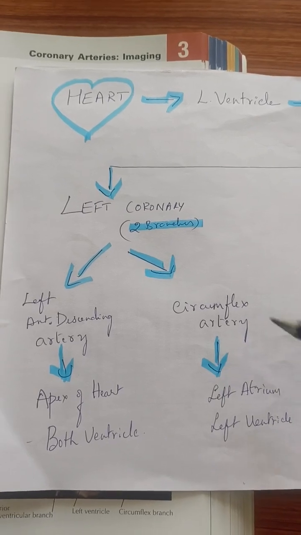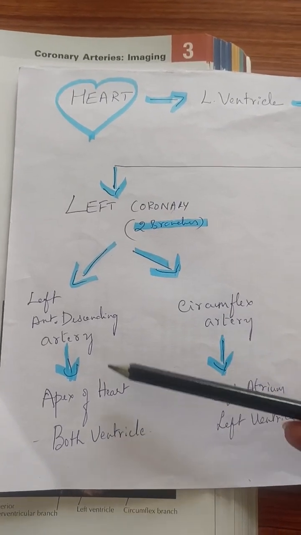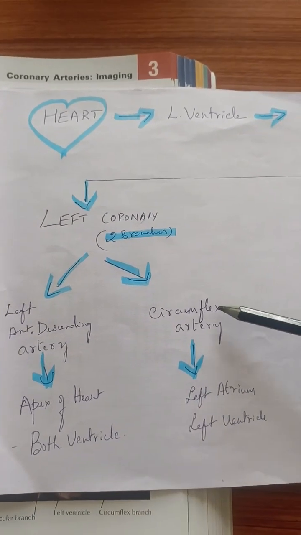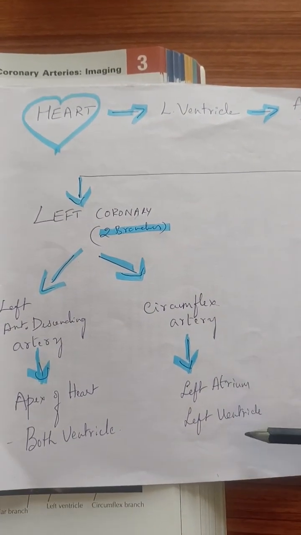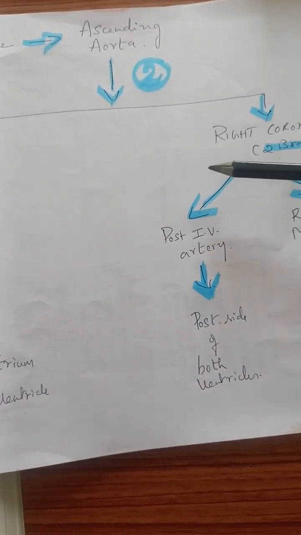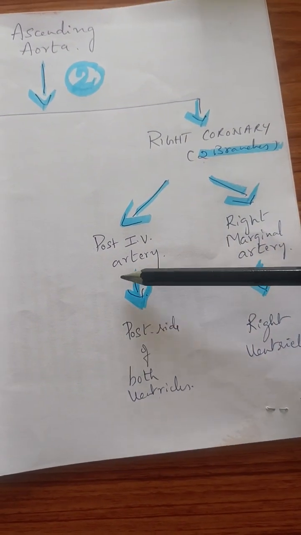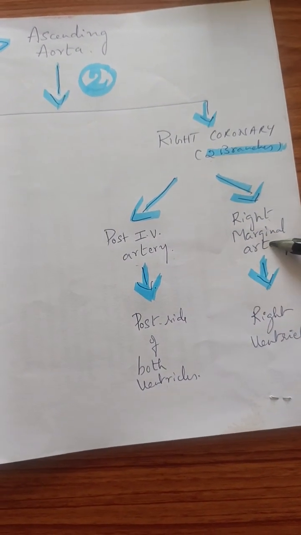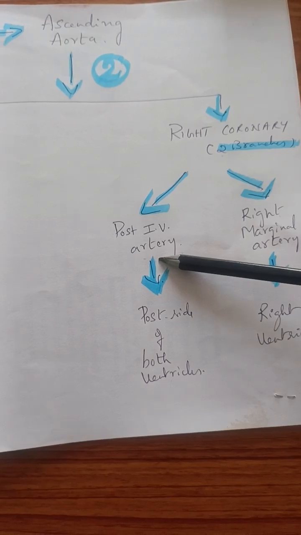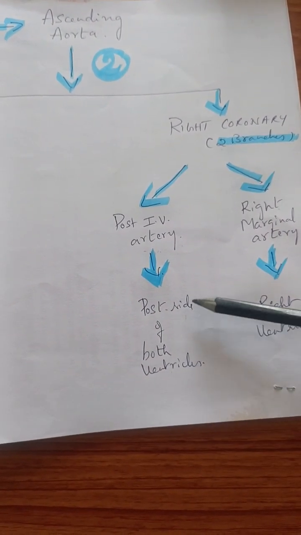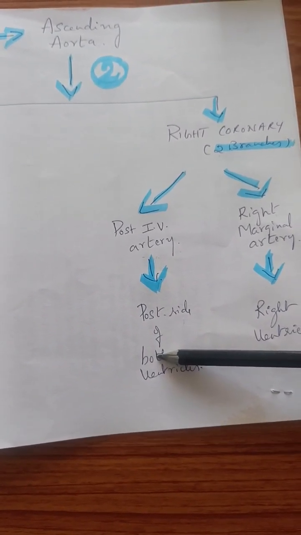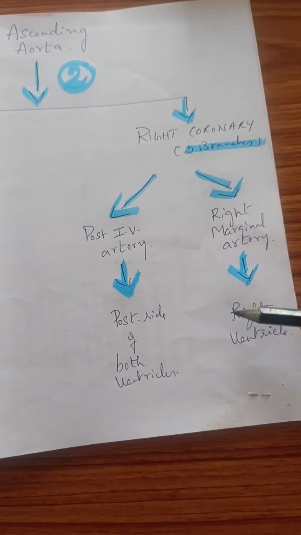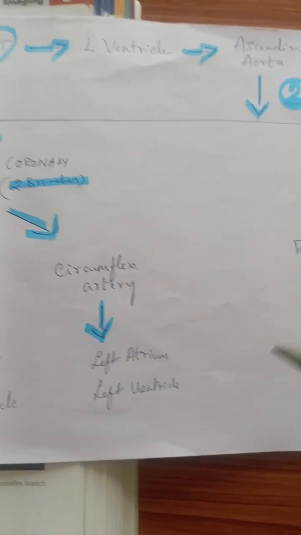So what does this one supply? The left coronary, two branches, they supply apex, both ventricles. Circumflex supplies the left atrium and the left ventricle, and the right coronary has two branches, that is posterior interventricular artery and right marginal. This one supplies posterior side of both the ventricles, and also the right marginal supplies the right ventricle. So this is about the blood supply of the